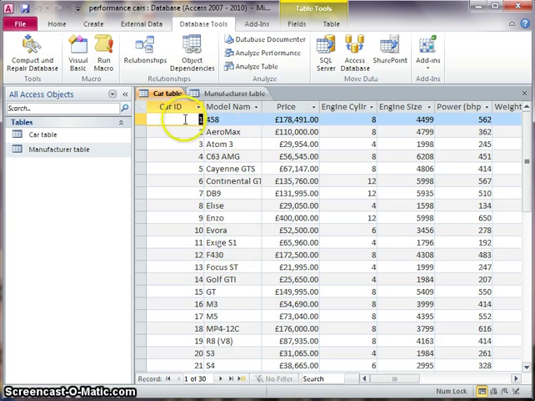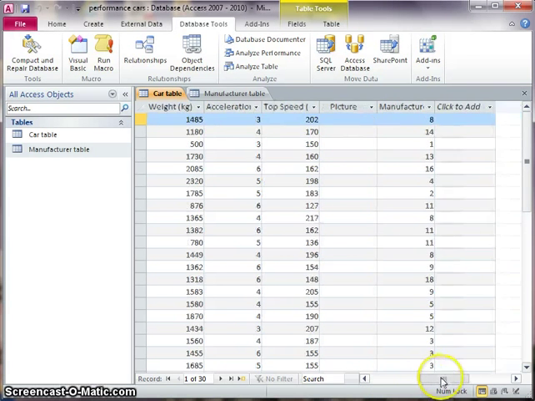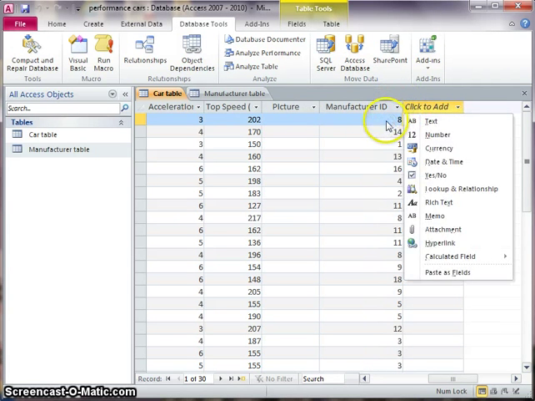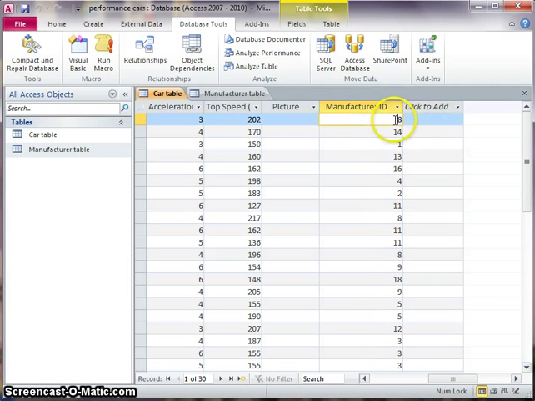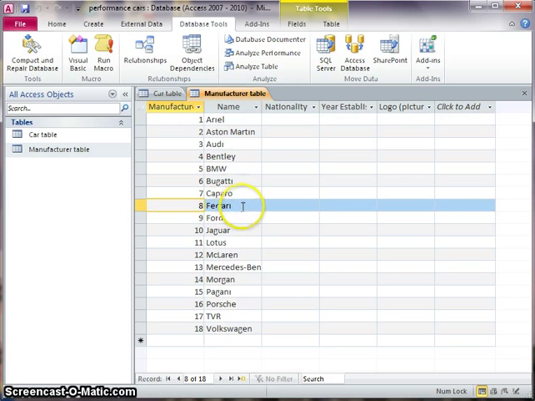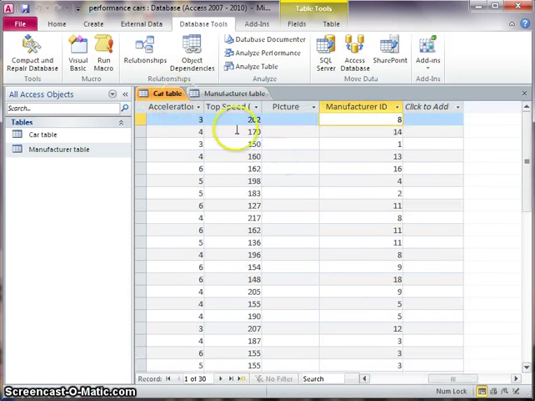If we look at car number 1 in the car table, it's called the 458, that's its model name. If I scroll along, I can see that it's got a manufacturer ID. Just make that wider so you can see that that's what that field is. The manufacturer ID is 8. If I go and look up number 8 in the manufacturer table, you can see that that's Ferrari. So that first car is the Ferrari